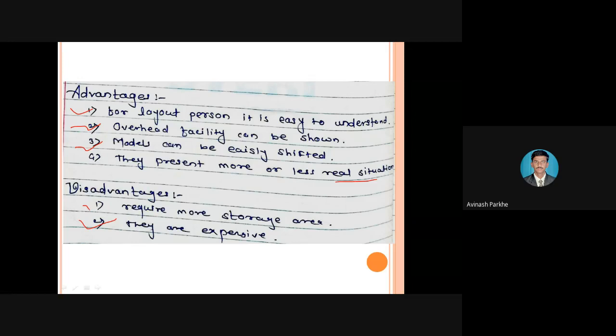Also, for some big constructions or big sites, the civil engineer prepares 3D models and keeps them at his home. Through this model, you can get detailed information about which types of buildings he has constructed and which types of projects he has completed. So you will get that information through this particular model.